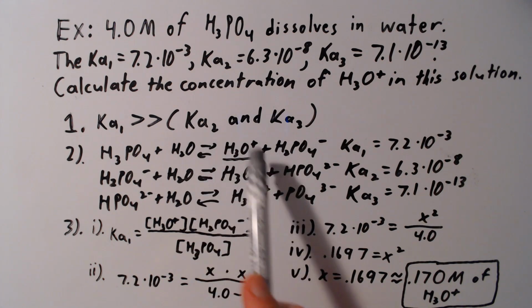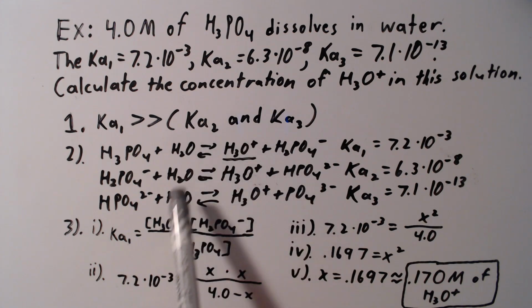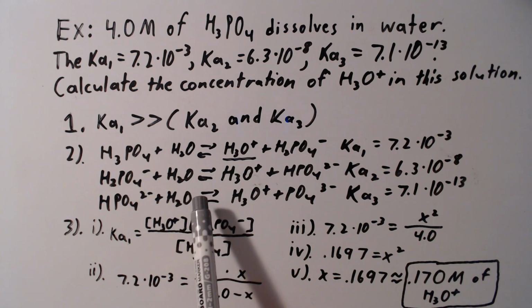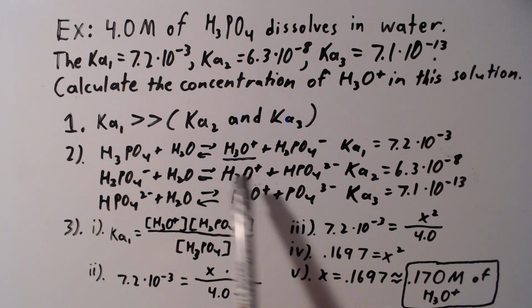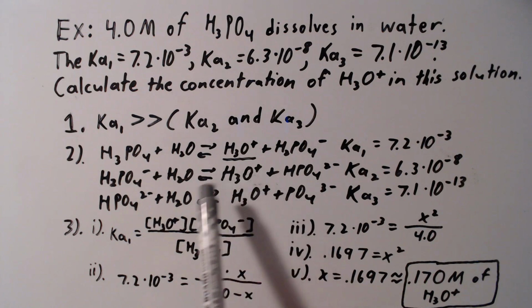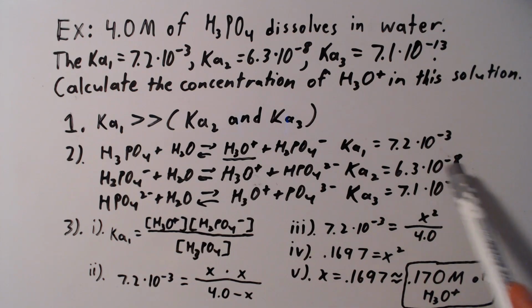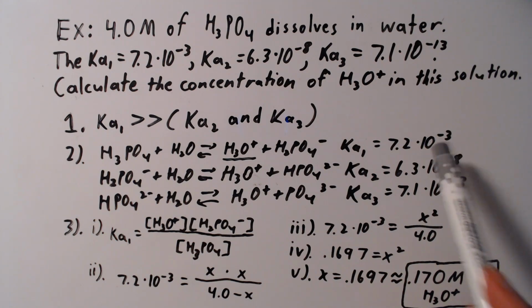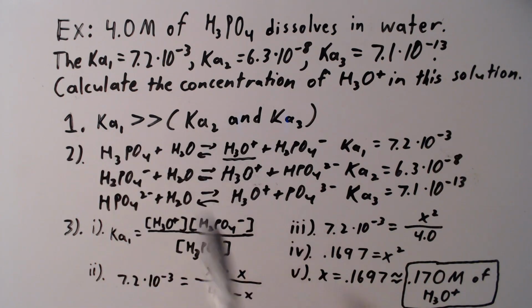In fact, it produces so much H3O plus relative to these other two reactions that the H3O plus produced by these other two reactions is essentially negligible, because their Kas are so tiny relative to this first Ka1